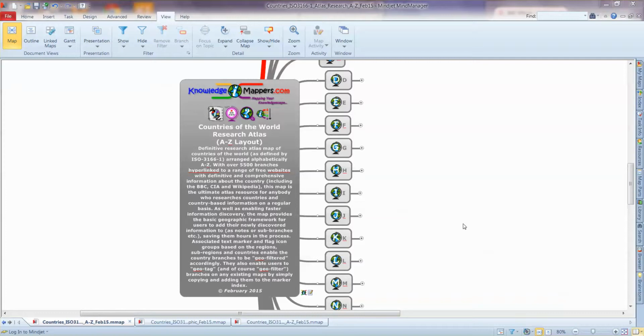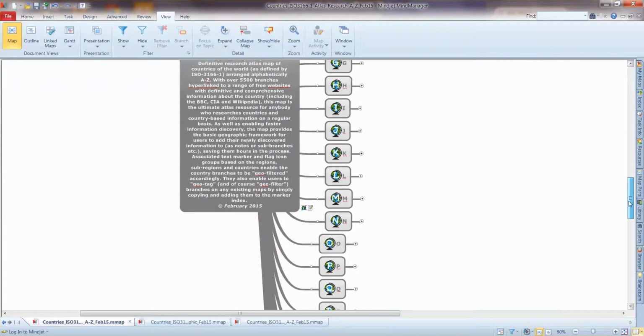So, moving straight in then, this is the Countries of the World Research Atlas A to Z layout map. A definitive Research Atlas map of countries of the world, as defined by ISO 3166 Part 1, the international standard, and arranged alphabetically A to Z. As we can see,